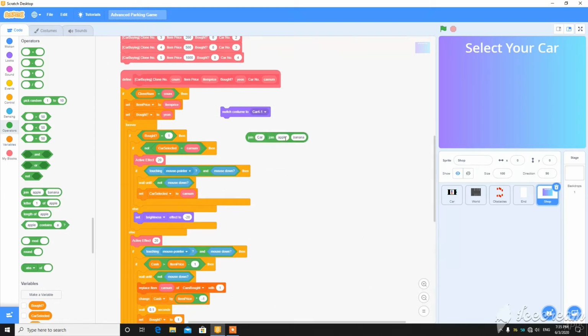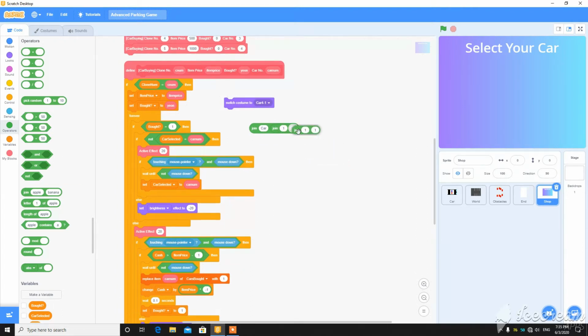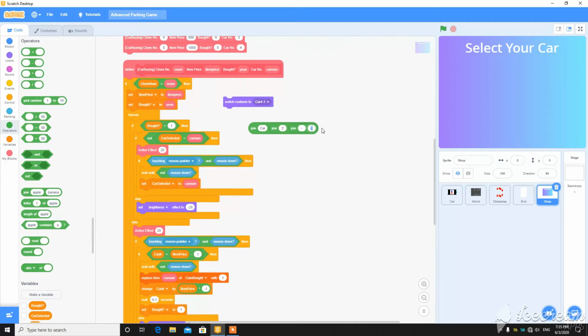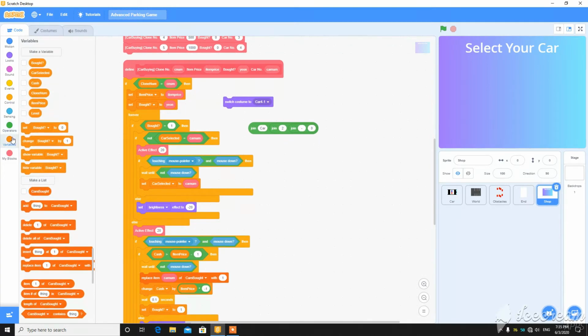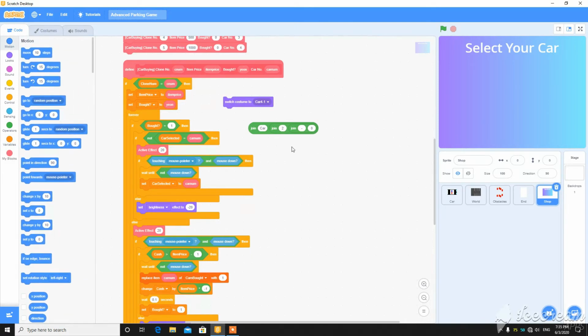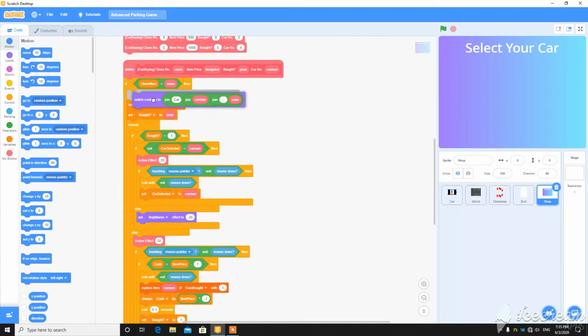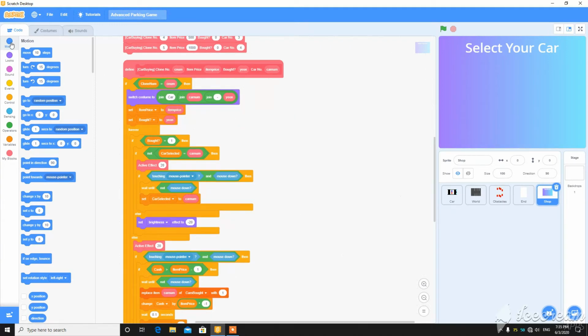So also add one more and one more. So the car number will be put here. So the car numbers, let's say it's 2 and then a dash, and if it is spot or not. So let's put the other variables. The car number will be put here, and if it is spot will be put here. So just put it here and switch to costume.